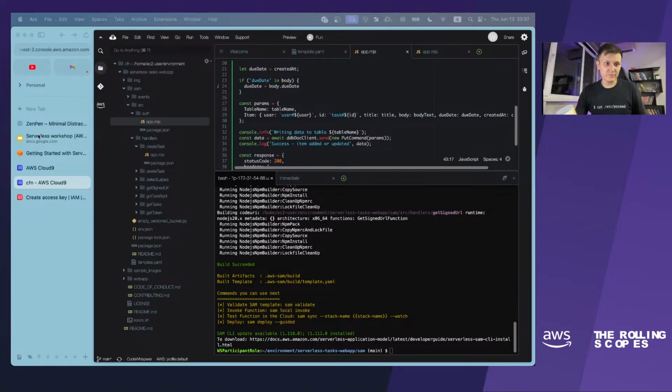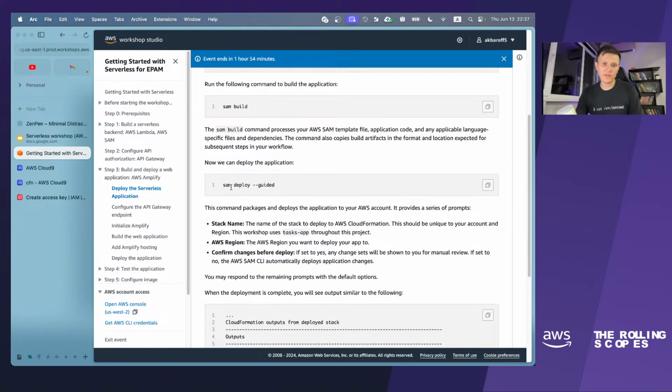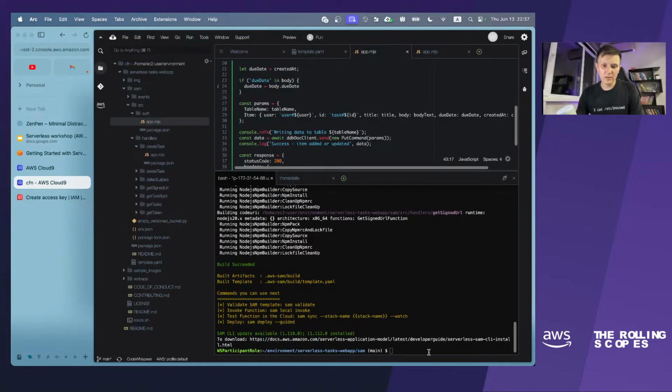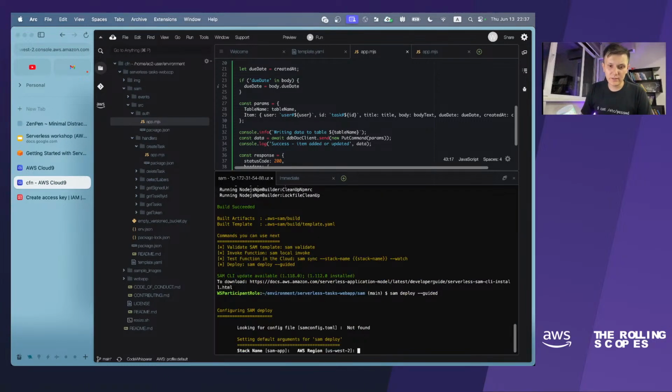One moment. So my project has been built. What else should we do? After that we have to deploy our application, and we will use this command, sam deploy --guided. And it asks several questions, like what region do you use to deploy your application?